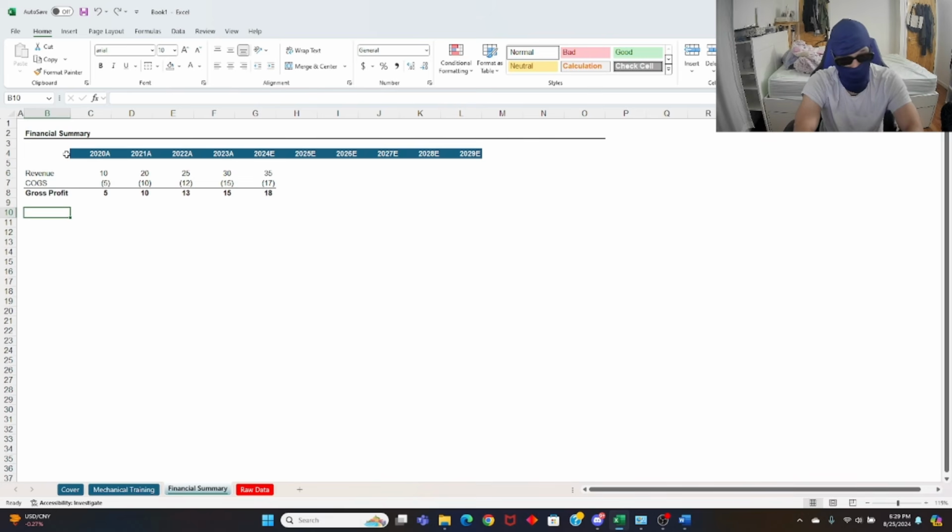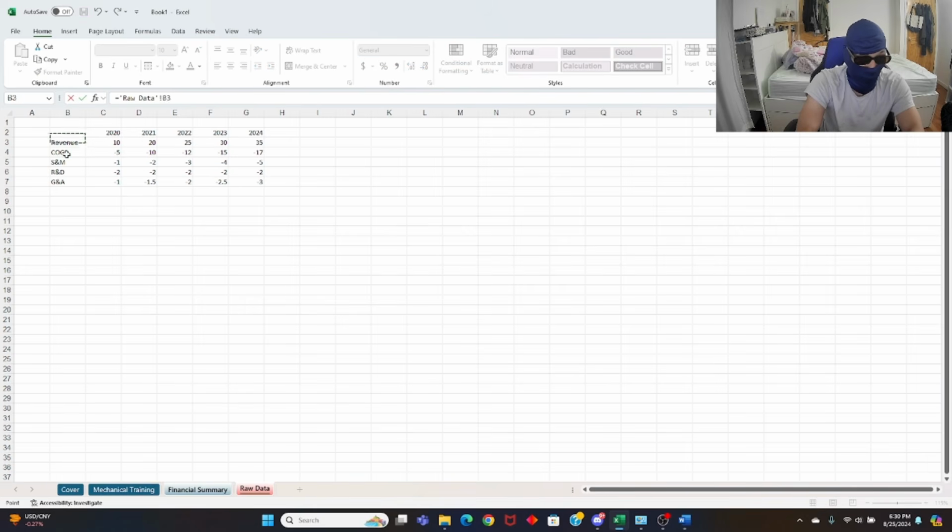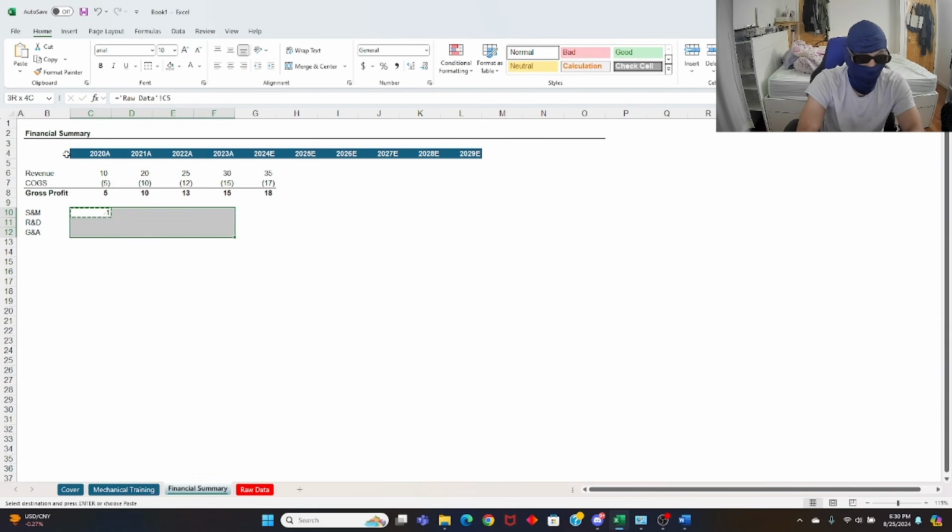Now what's the next step? My operating expenses. So S&M, R&D, G&A. I'm going to link all of it. Notice how your formatting is messed up here, right? There's a decimal place, there's a -3, there's a -5. Copy, because there's already a number formatter here. Highlight this array. Paste special.